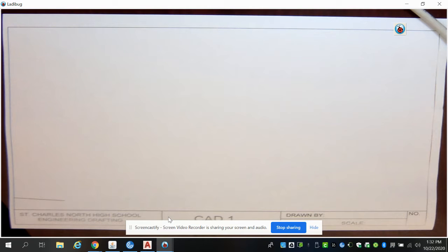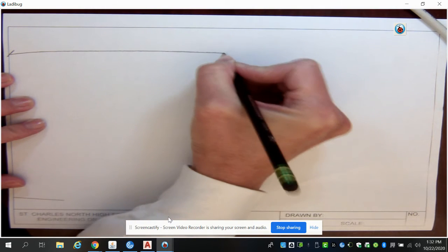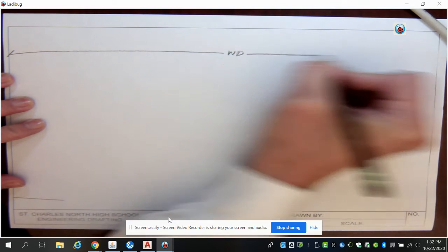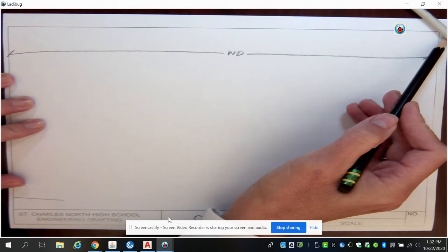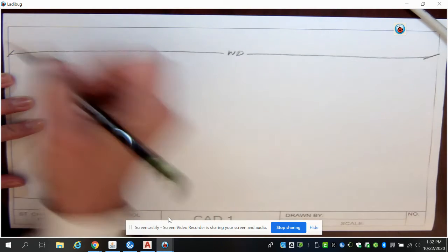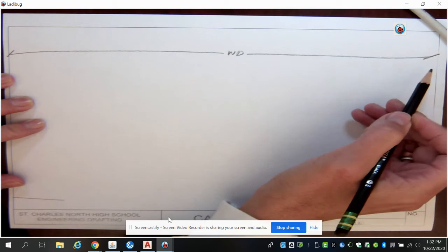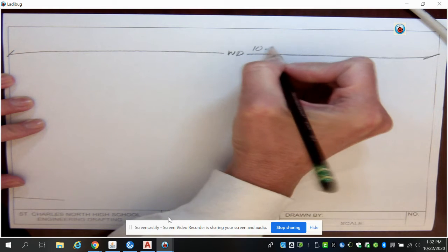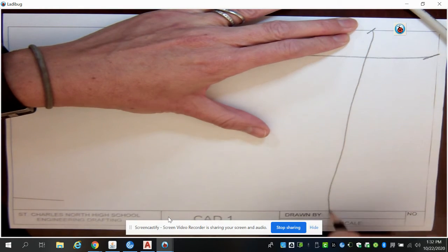So if we take a look at our paper, the total horizontal working distance is here, which if our paper is 11, and this is a quarter inch, then our total working area would be 10.5. If our vertical distance,